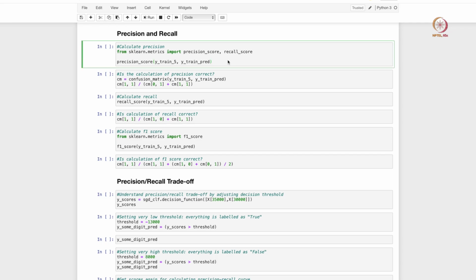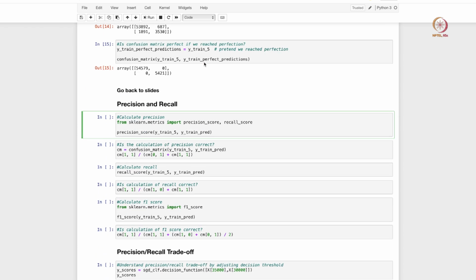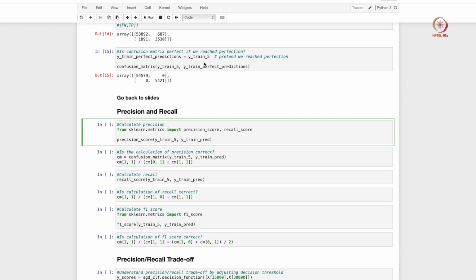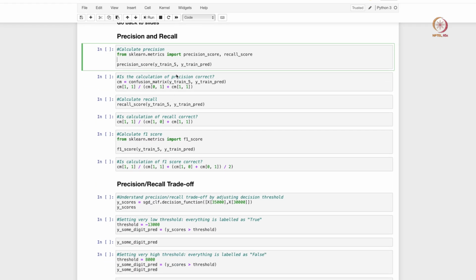Okay. So we are continuing with our existing notebook here, where we have already downloaded the MNIST dataset, and we even calculated our confusion matrix, right. Let us now see how to calculate our precision and recall values. To calculate those, we can use the scikit-learn metrics module, and that has two functions. One is precision score for calculating precision, and the other is recall score for calculating recall, right.